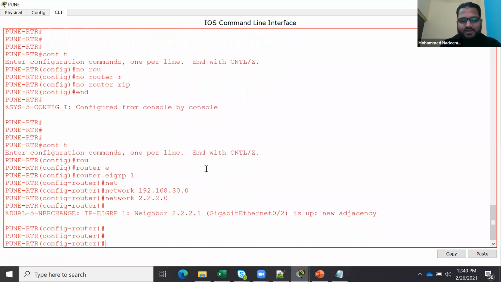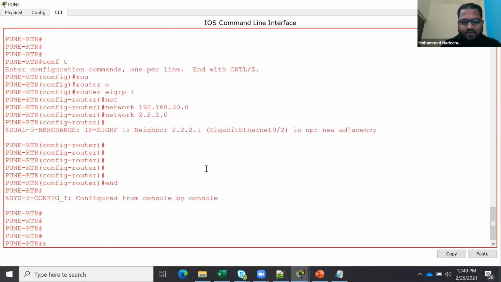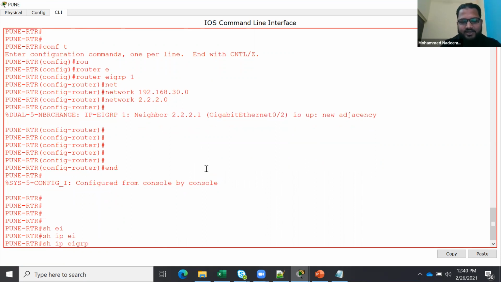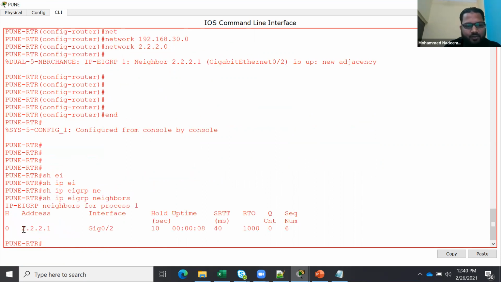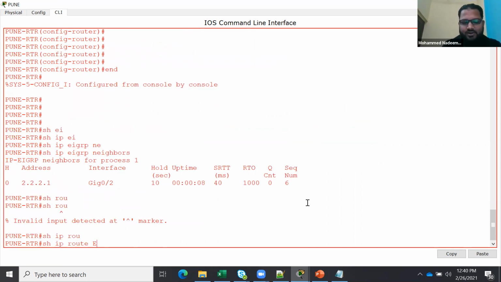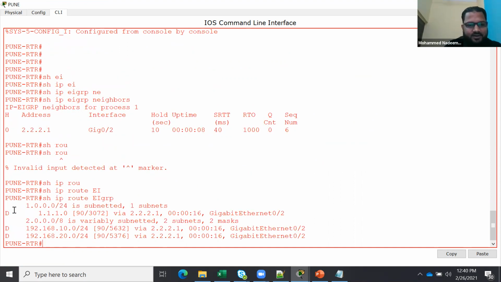Done. See, neighborship formed. If I go and check show IP EIGRP neighbor, can you see it formed the neighborship? And then the neighbor sends the routes. Show IP route EIGRP. See the D, it defines EIGRP.